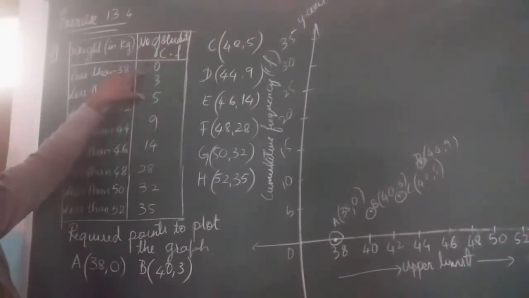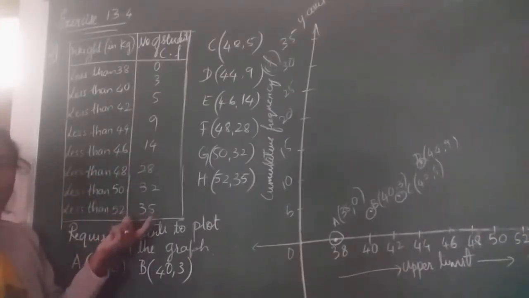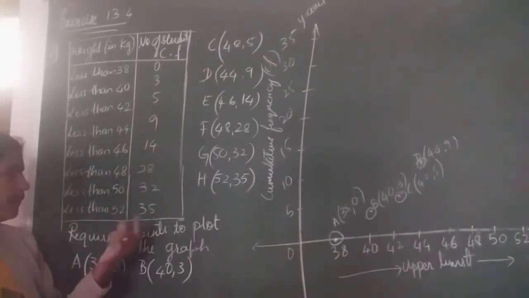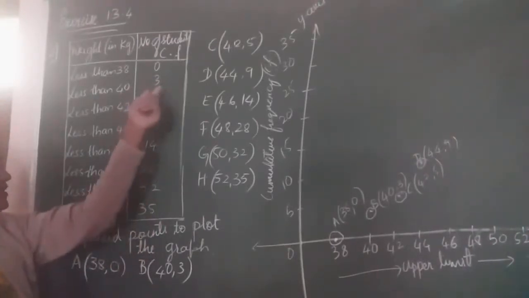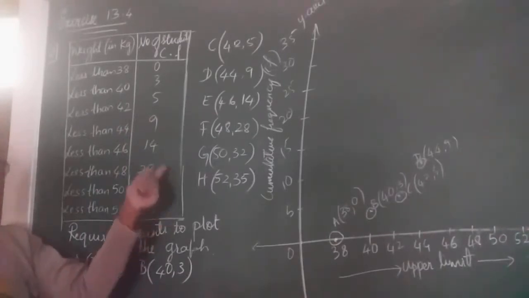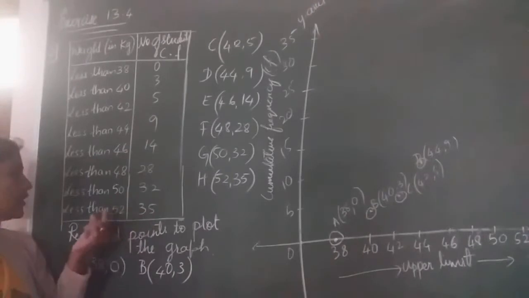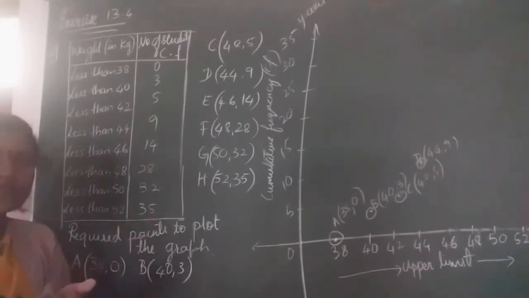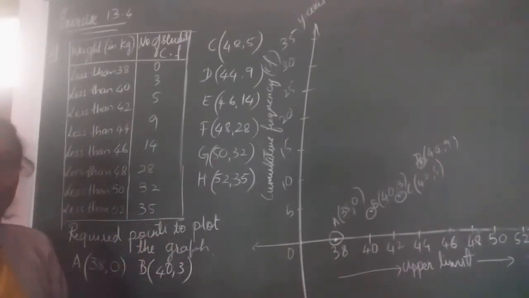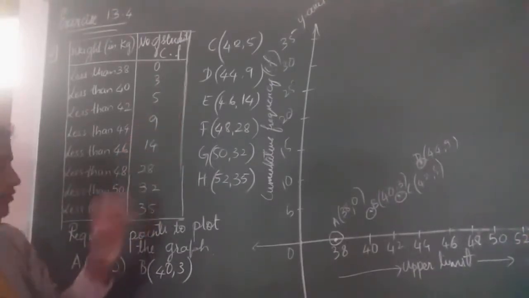You have to identify whether it is a CF, which means cumulative frequency, or a frequency. At the end, the total is 35 here, and also it is in increasing form. By that you can identify it is a CF, or you can see the last class interval's CF or number of students, then it is 35. Total number of students is 35. The sum of the frequencies will be 35. If a total is given, then it is a CF.